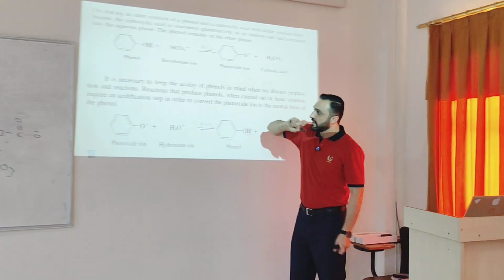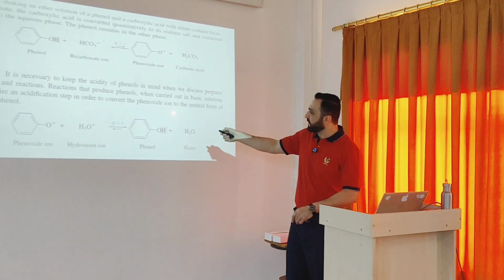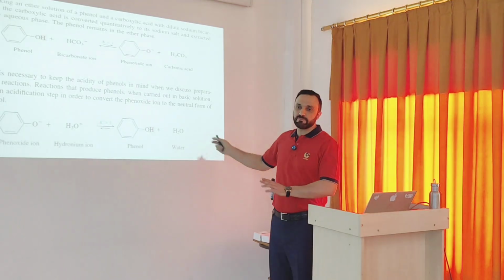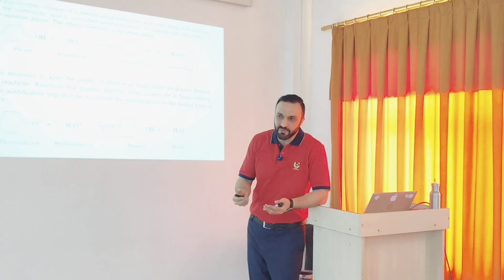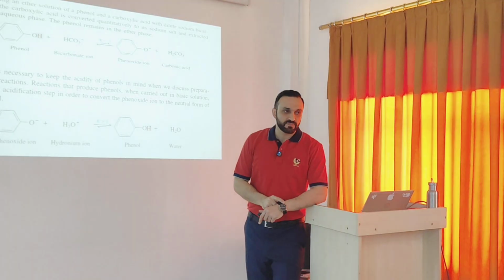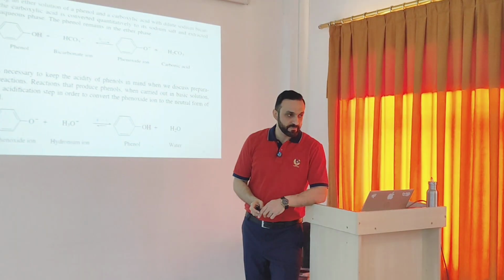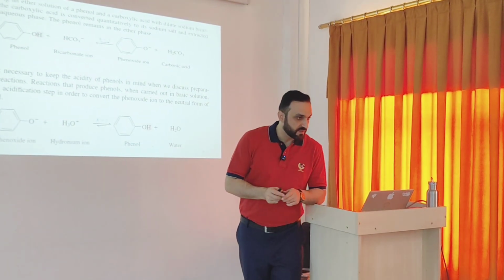Why the acidification step? In order to convert the phenoxide anion to the neutral form. Okay? To the neutral form, يعني to the phenol. To the neutral form of the phenol. واضح؟